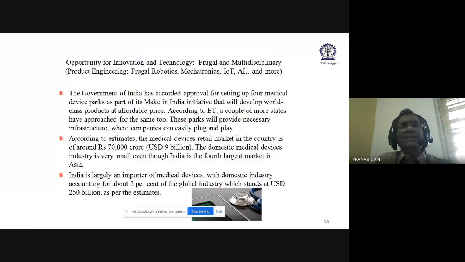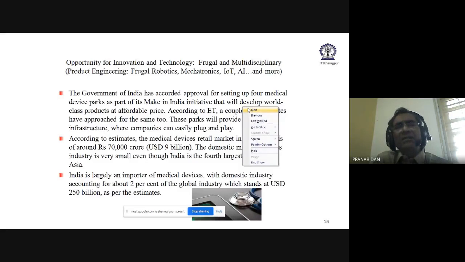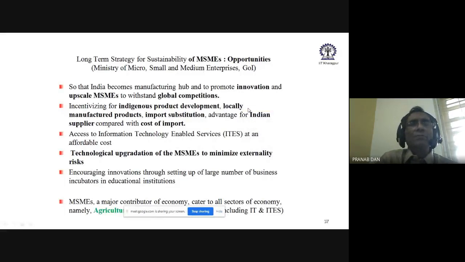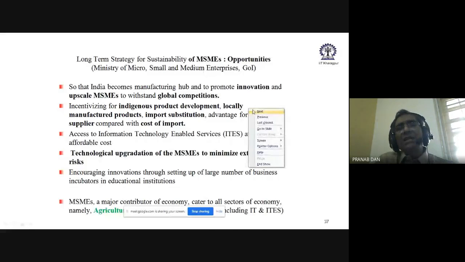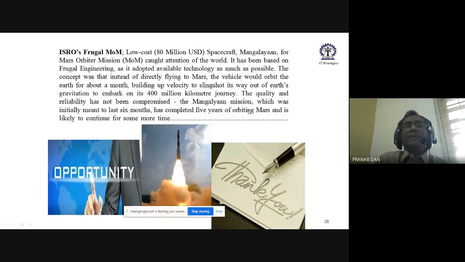This is to say government is providing several these things. I have already said this medtech research parks, and then the MSME help, etc. Please keep, because those are some funding opportunities, etc. Yes, MSMEs, they are trying to boost all that. Yeah, this is my last slide. I just would like to tell you, to close my session today, that